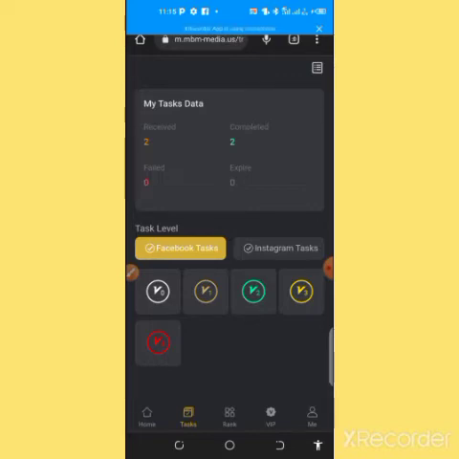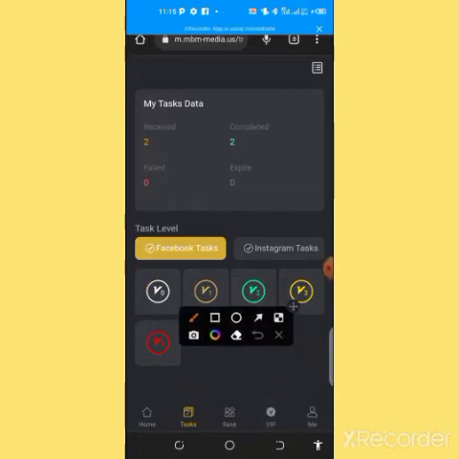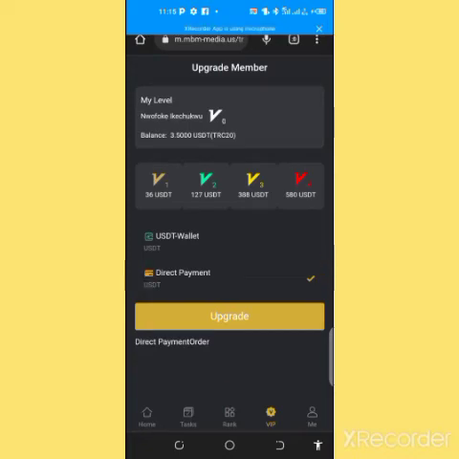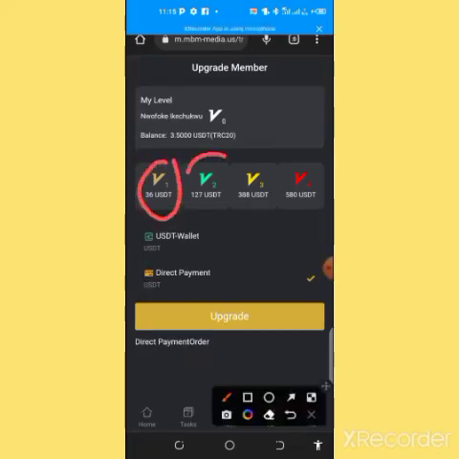When you want to upgrade your account, simply come to this VIP section. So click on VIP. When you click on VIP, you see that something like this will pop up. There are options for VIP 1, VIP 2, VIP 3 and VIP 4 according to the balance you have.